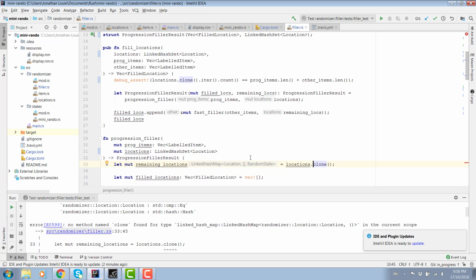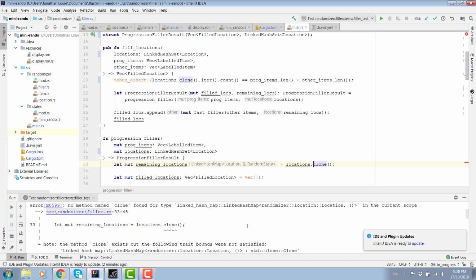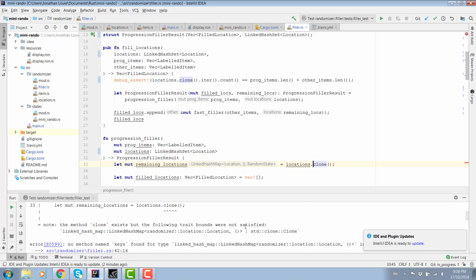Uh-oh, okay. Well, in that case, we have even more problems. Yes, we cannot clone it. The method clone exists, but the following trait bounds are not satisfied. Yeah, LinkedHashMaps do not implement clone. Okay. That's a problem, isn't it?